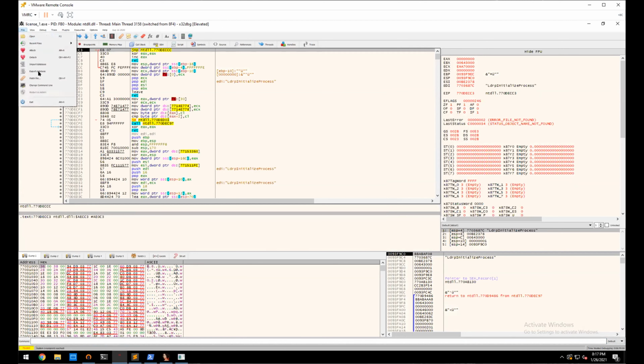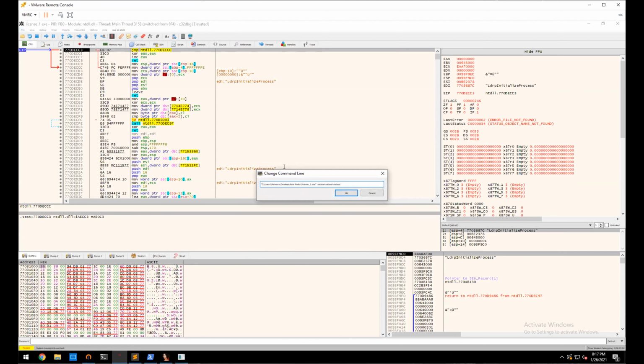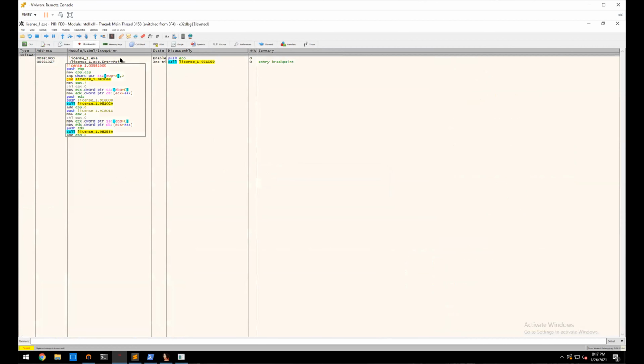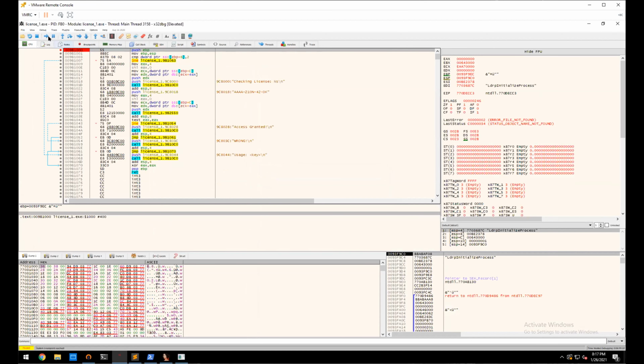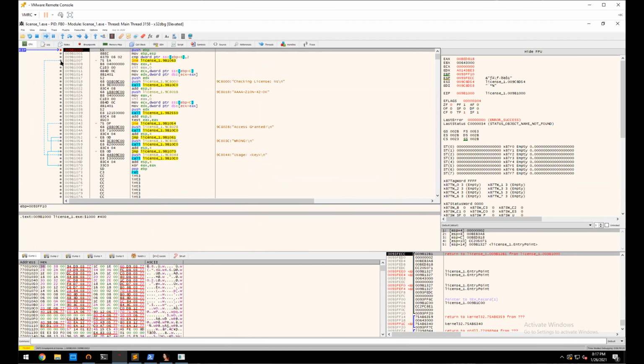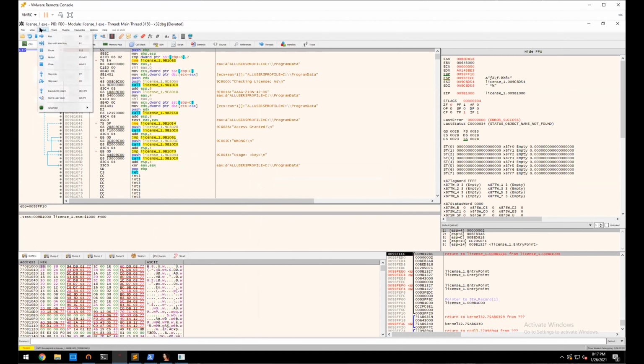And you can verify that that changed by going to the change command line up here. And this does effectively the same thing. But then what we've got to do is, cool, just make sure that your breakpoint's still enabled here. Then we're going to run again. So we're there at that point. And if we step into it,